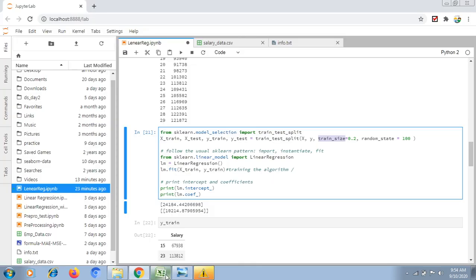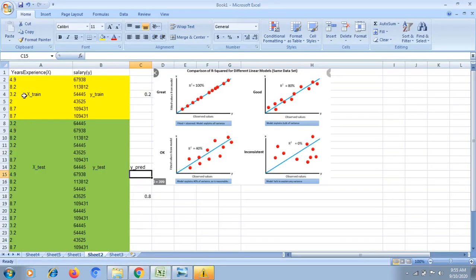Similarly, I'm passing the same information to the train_test_split method. Here, the random state, if you mention it, will take random samples from the complete set. Here I'm defining X train, X test, Y train, Y test.